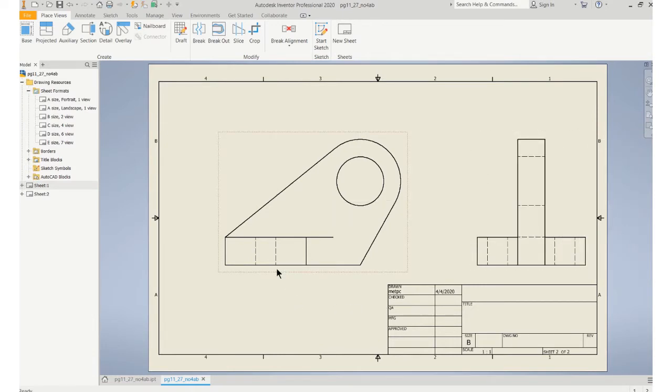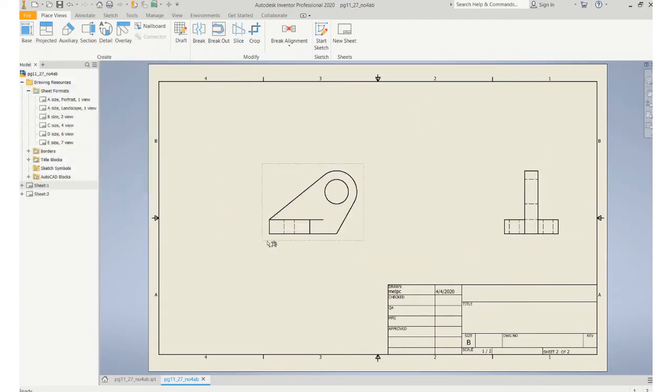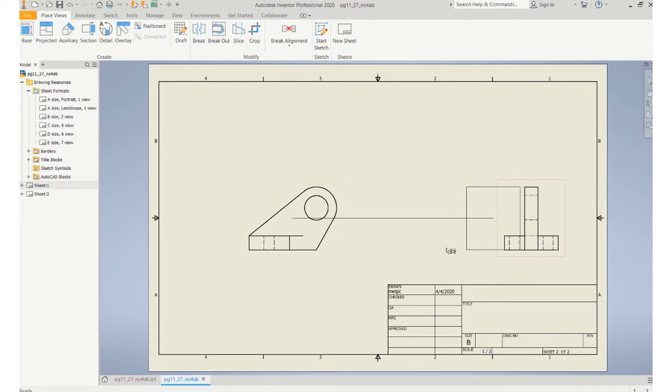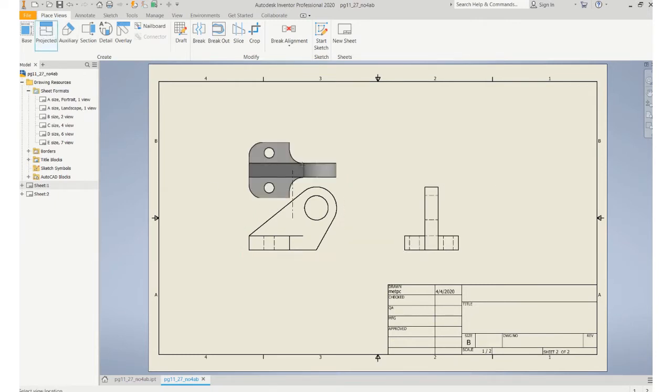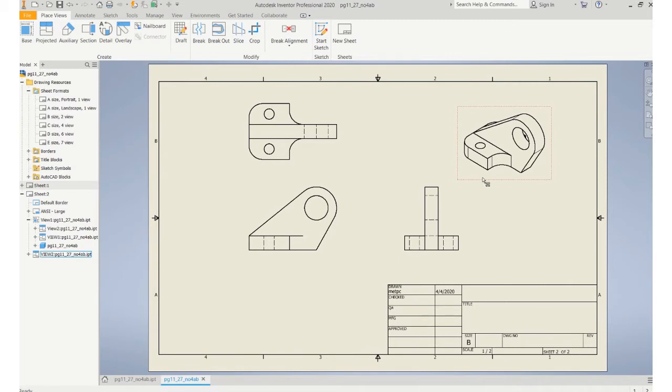First of all, I'm going to scale this down. Right click, edit view, scale it to half scale. Hit escape, and then I'm going to add a top view and my ISO. Right click, create. So that's not a good ISO view. So let's change that. If you bring it into this box and right click